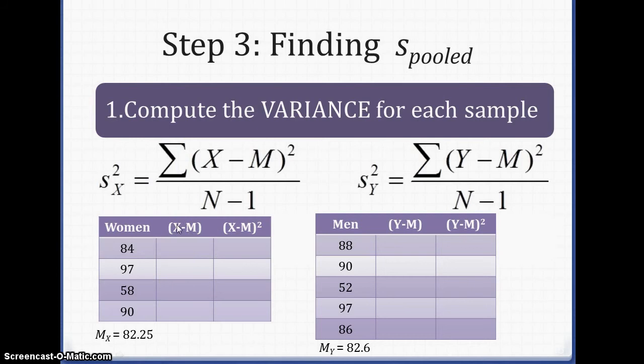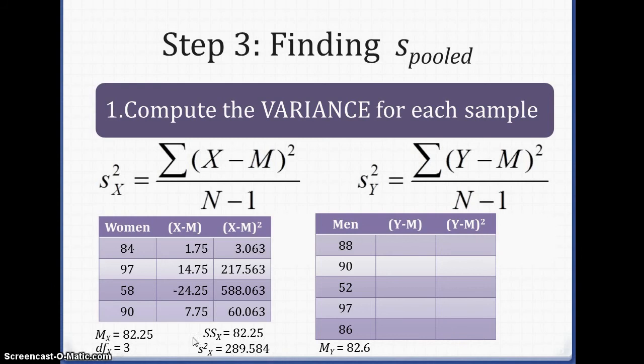So here we see that we take an individual x, we subtract out the mean, we square those deviations. This should look pretty familiar. This is what you've been doing all along. So we get all of our set of deviations, and then we square those deviations, and we get the full set here. And then we add them together. That's our sum of squares, which is also the numerator of our equation. And we divide it by n minus 1, which is also our degrees of freedom. Notice that there's 4 scores here for the women, so 4 minus 1 is 3. And so we'll take the sums of squares x divided by 3, and you'll see that the variance of the women's sample is